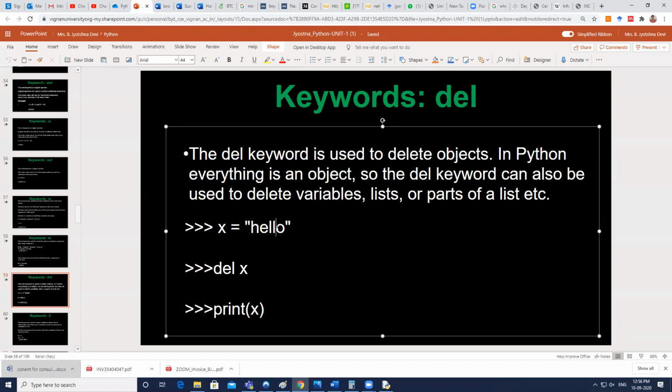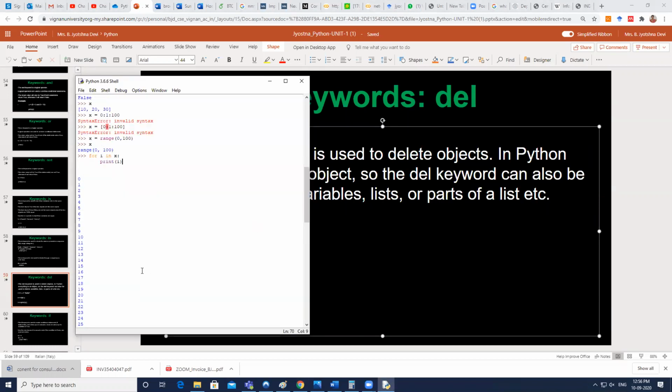Even if it is an integer, one thing I want to clarify is, let's see. Can you observe what is happening here on the screen? So x, what is the type of value in x? Integer. But when I check the type of x, what is its type?